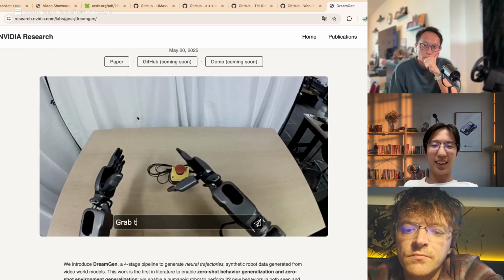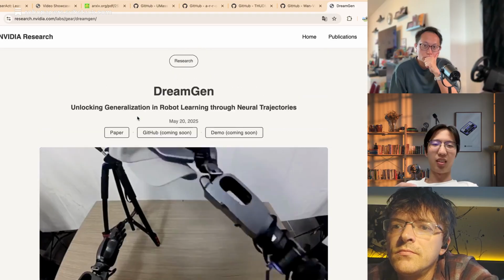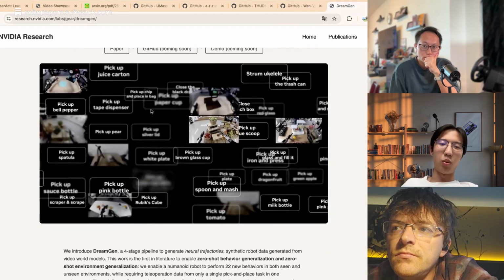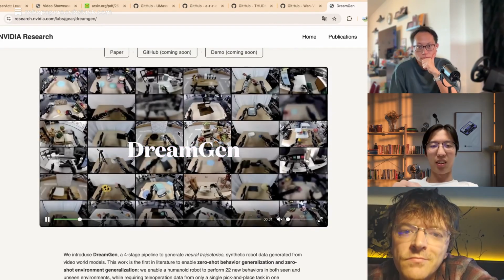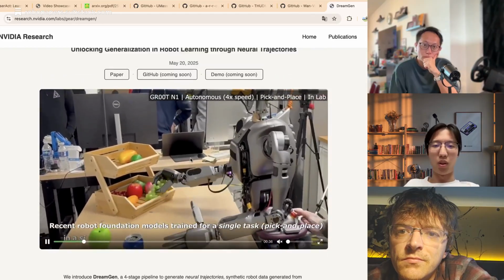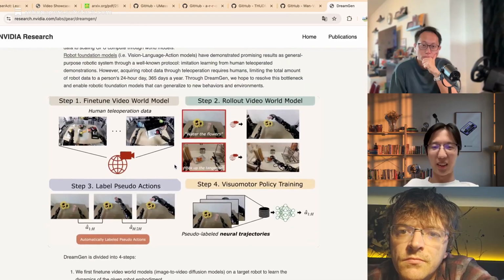Then they use this new data to train their GROOT, their famous robot policy model, and find that there's a great enhancement in robot performance. So this really inspires me.